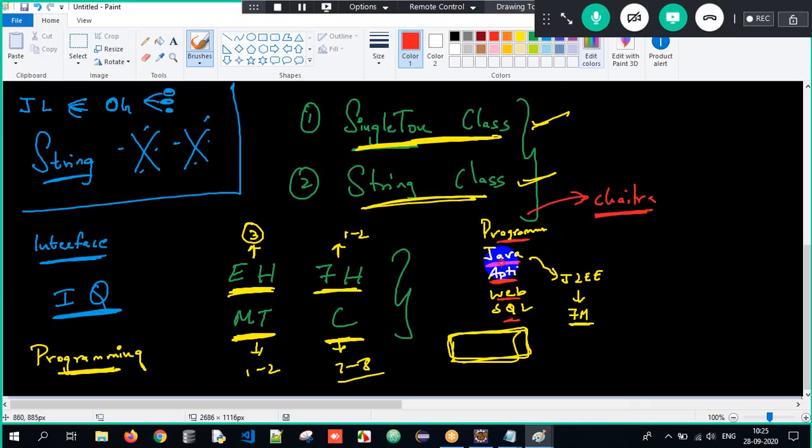Once we are done with Java, and at least 70% of Java is done now, you can jump into J2W because exception handling is mandatory. Once I'm done with exception handling, you can jump into J2W. For J2W, basics of web and basics of SQL are mandatory. Even if you're not done with the course, you can jump into J2W, but you should know the basics. Web and SQL, then J2W, and finally you'll come across frameworks.